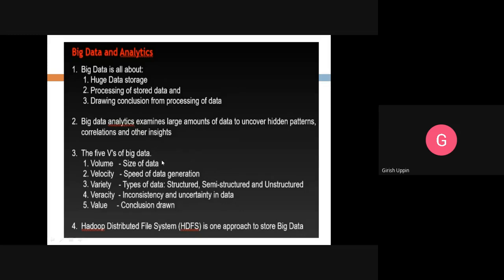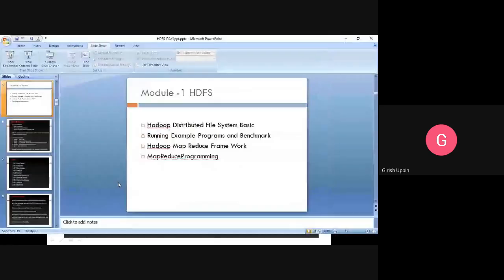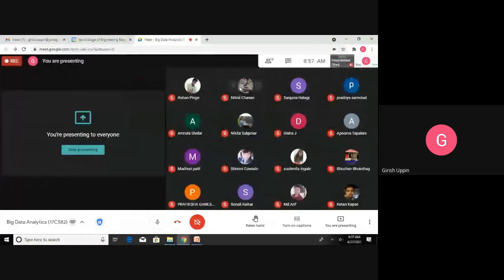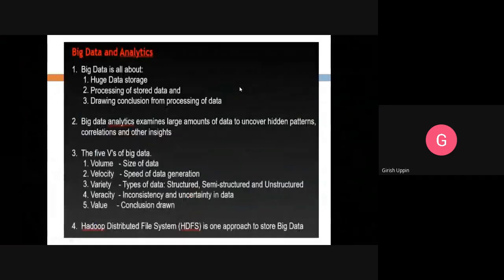These are the 5 V's of big data. Big data is characterized by these 5 V's. First one is, we already talked about, the volume, the huge size of the data. Big data means volume. Second one is the velocity, the speed of data generation. We just talked about the weather station example, e-commerce sites, grocery stores, stock markets, the amount of data that is getting generated. That is the rate at which the data gets generated.